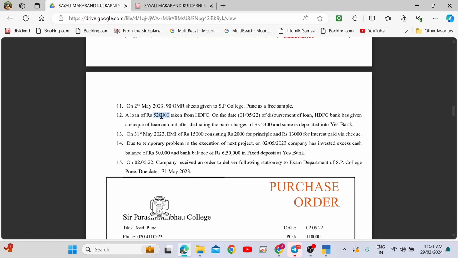You will not get 5,20,000. By deducting 2,300 you will get the net amount, correct, and then you will get the check. Bank never gives cash, correct, no? Loan in cash. Therefore you will get a check, and then you have got that net amount check, and the same you have deposited in